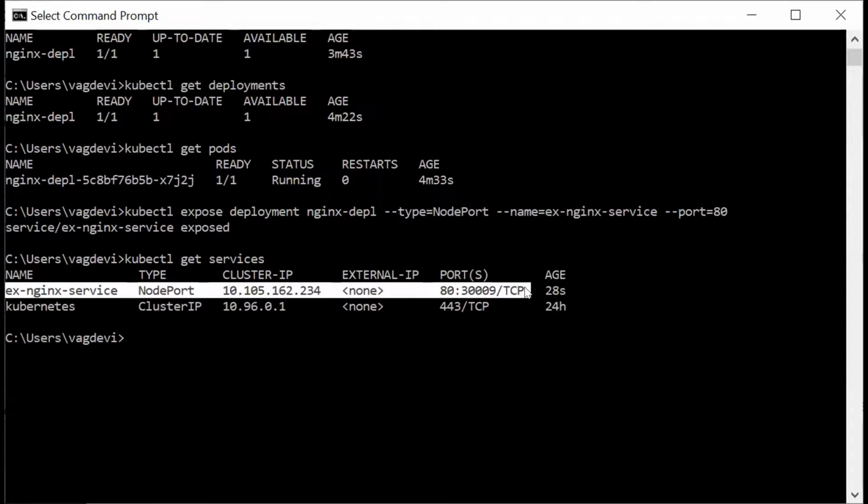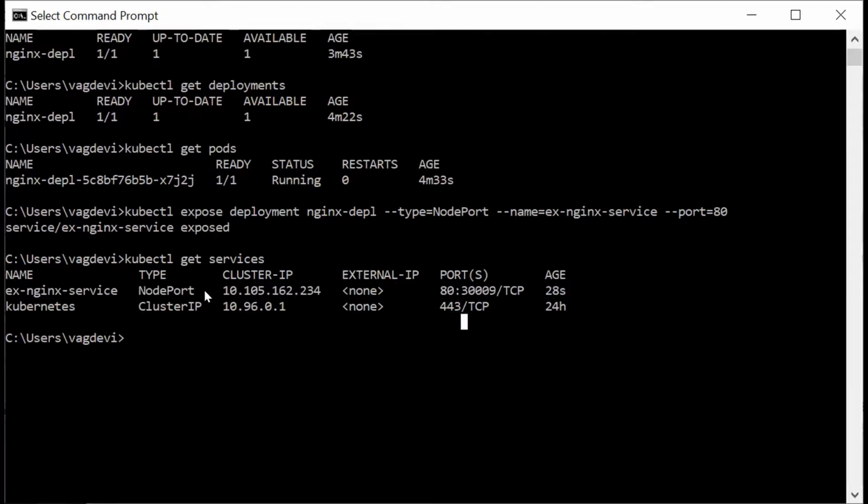If you see here, 80 is mapped to 30009, which means the service port inside the cluster is 80. Since we have mentioned the service to be of type NodePort, and since we want to access the service from outside the cluster, this port 80 is mapped to port 30009. And the second service, which we can see here, is the Kubernetes cluster IP. This is the default service which is created.